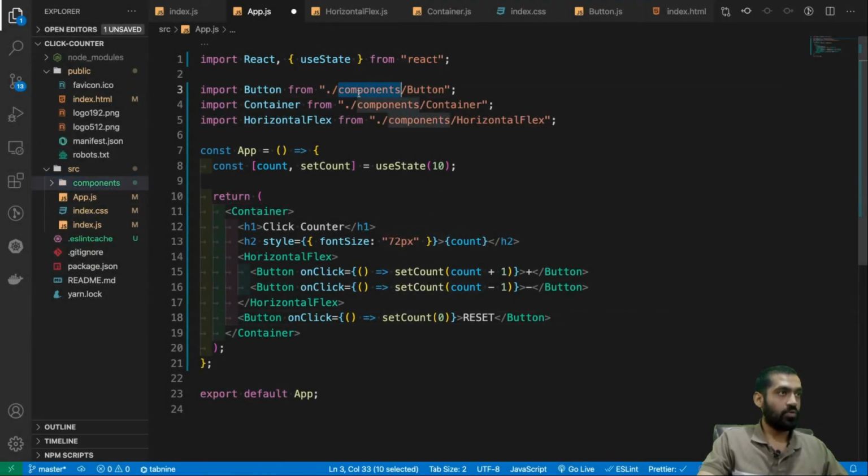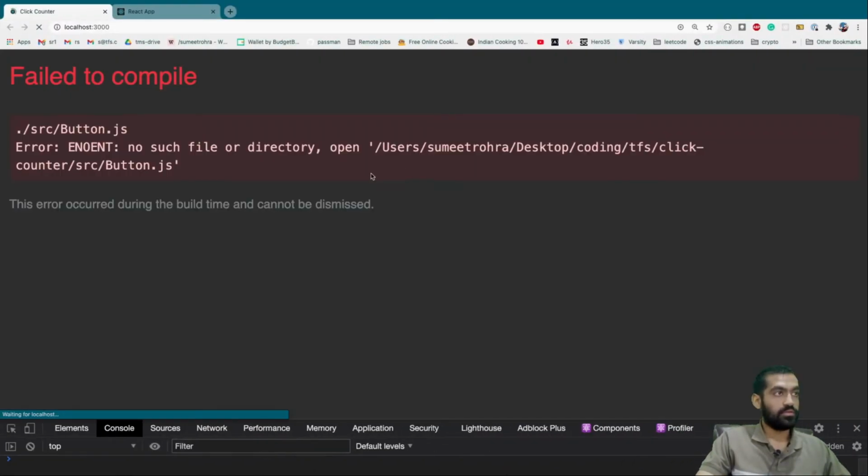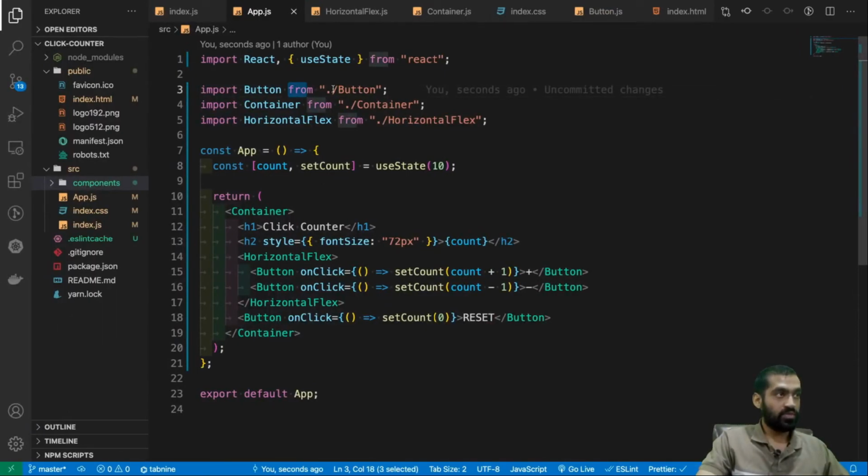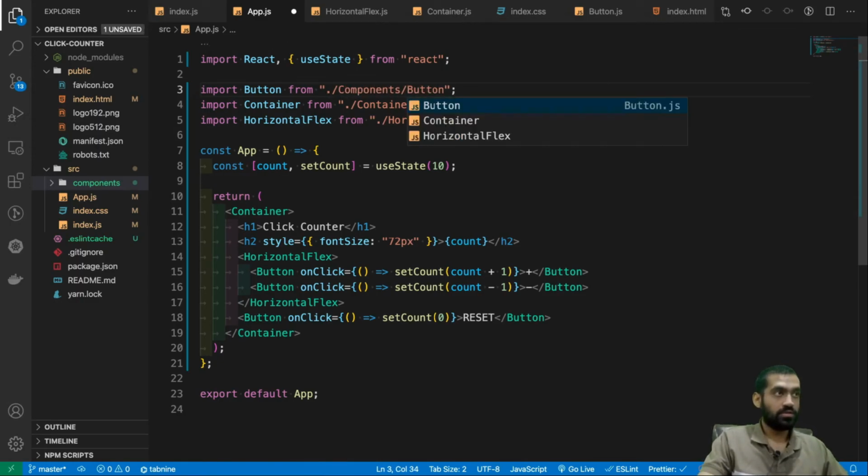Now we'll have a problem here, because we moved this button from this current directory to a components directory, right? So what we can do is components slash this, right? Copy, okay, not that, slash components.